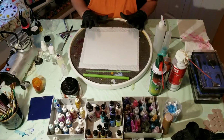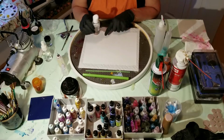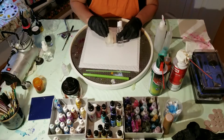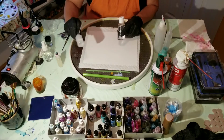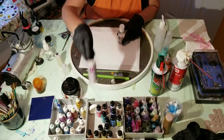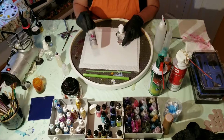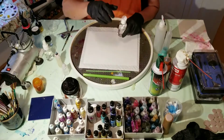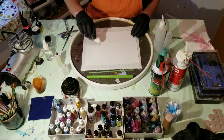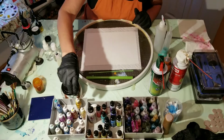So we're just going to start off by putting alcohol on the palette, and I use several different kinds of bottles for my alcohol. Some people use blending solution. I'm not a big fan, but lots of people love it. We're going to be working with alcohol today, so I'm going to start off putting alcohol generously on the palette, and I'll pick a couple